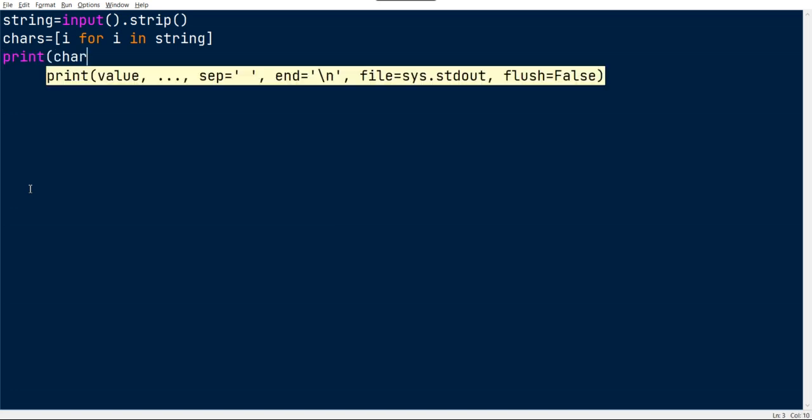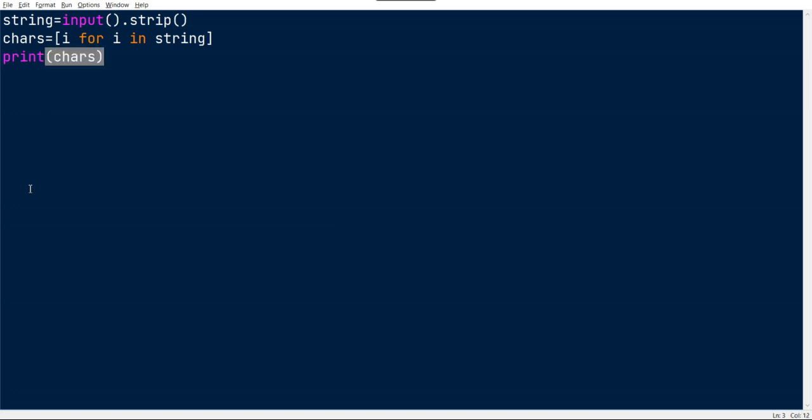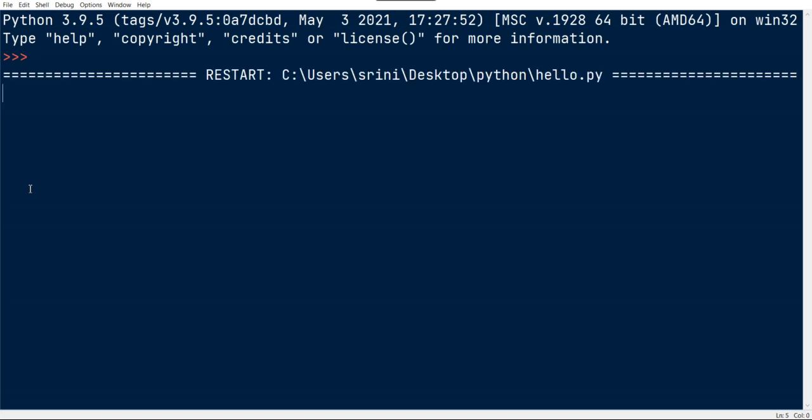If I print the chars, like I'm passing 1a, 2b, 33c, 505d, now we got 1a, 2b, 3, 3.